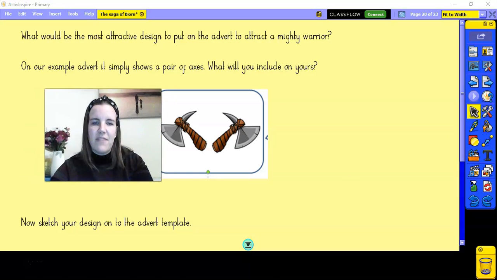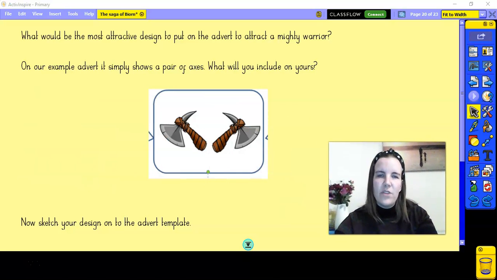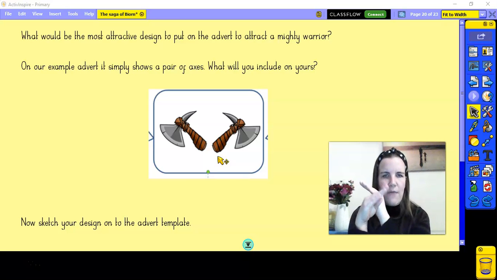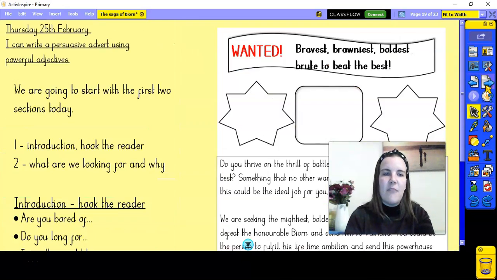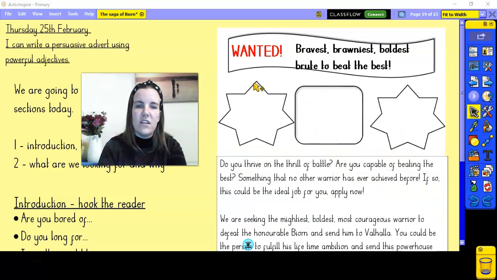to think about that top section. So I want you, for the final part of today's lesson, to draw the design that you want to use. I know that I was planning to use 2 crossed over swords and a horned helmet, so I'm going to make sure that I include that in mine. And you've also got the 2 stars either side. If we just go back here, we've also got the 2 stars either side. Think about some different rhetorical questions that you haven't already used in your introduction that perhaps you can pop in there. Okay, so have a go at filling in the stars in this section for today,